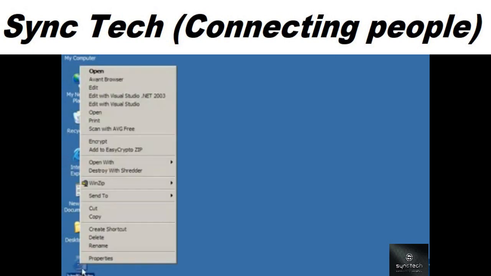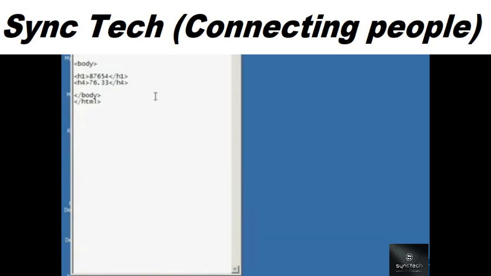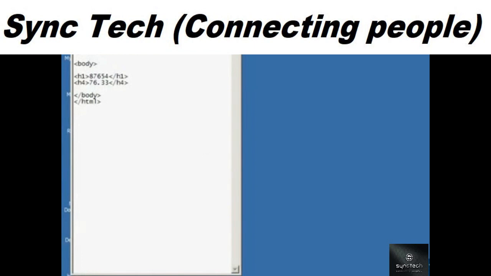I see my numbers here, but that's all I see. And I've formatted them, so the markup's cool here. The problem is, and notice how I do this, right click on my HTML file, say Open With, and choose Notepad. Notice my data, what is an 87654 and what is a 76.33? All we know is the size that they should appear in the browser. So what I'll do now is, actually let me leave that open,